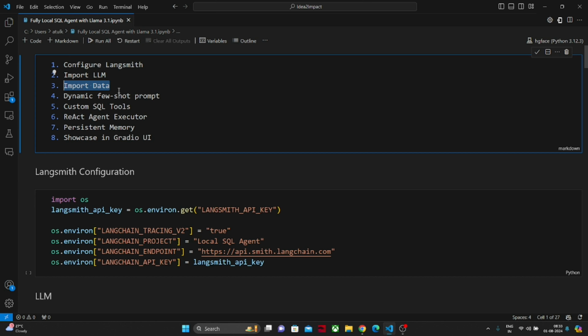For the database part, we are going to utilize the Chinook database, which I have already utilized in several other videos. This database consists of multiple tables. In the fourth step, to make this SQL agent more effective and deployment ready, we will learn how we can implement dynamic few shot prompting using Langchain. In the fifth step, we are going to create a few custom tools that we are going to utilize with our SQL agent. And in the sixth step, finally, we are going to create an SQL agent executor by passing our